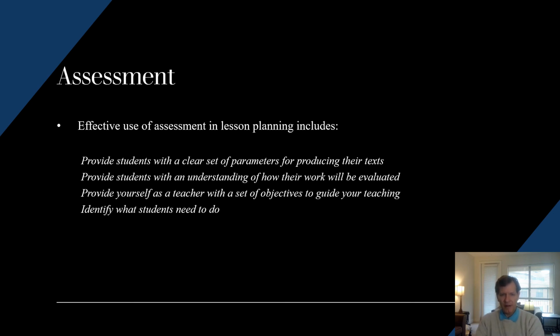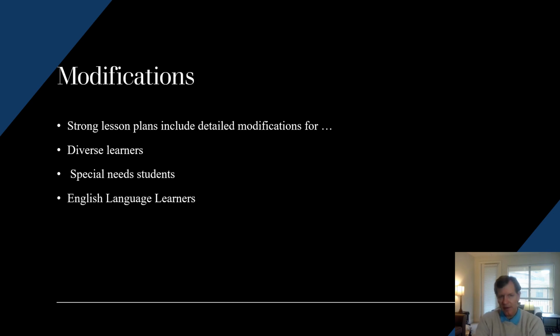Effective use of assessment includes a clear set of parameters for what they're being tested on, oftentimes through a rubric. Students should have a very clear understanding of how their work will be evaluated, and it should give you a basis for evaluating whether learning is being met or not adequately, and what you can do from there. And based upon student progress, you make modifications in what you're doing, and modifications in your instruction, oftentimes to individual students. Modifications might be needed for special needs, for English language learners, for diverse learners. We'll talk about that more